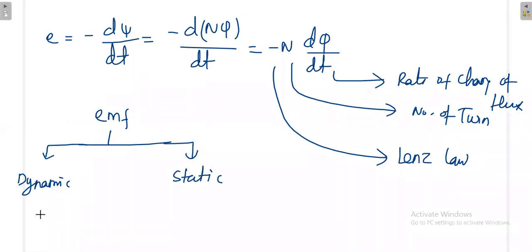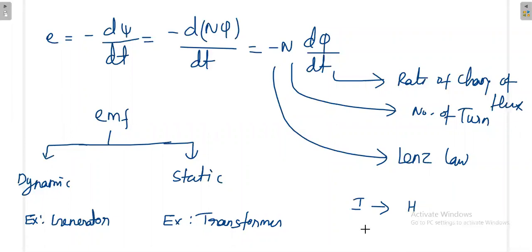Dynamic means the example is a generator, because physically something will be moving inside the generator. Either the coil may be moving or the magnet may be moving. That is why it is dynamically generated EMF. But in a transformer, Faraday's law is also used, even though nothing is moving. Somehow we are creating the time varying flux, because current can produce the